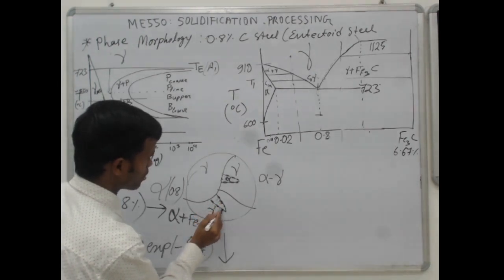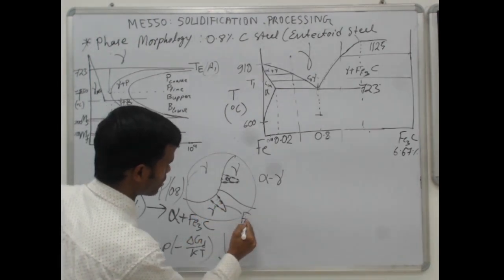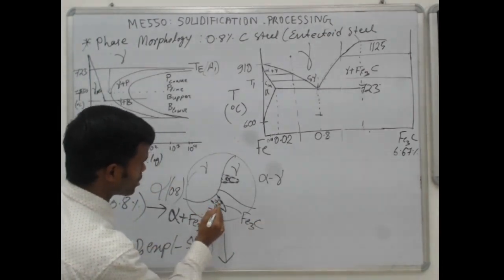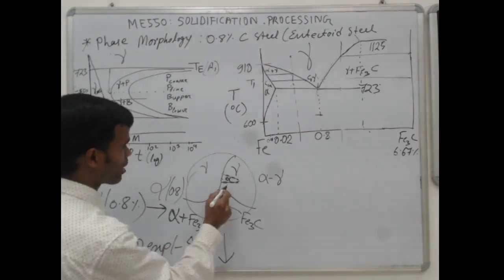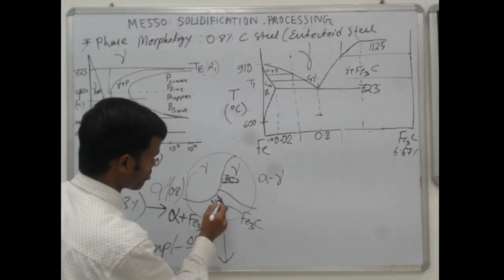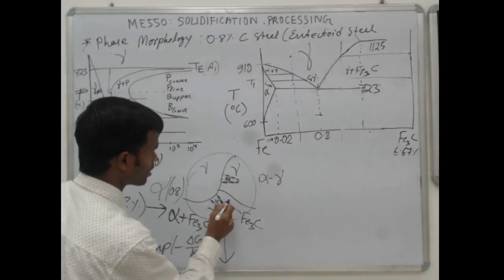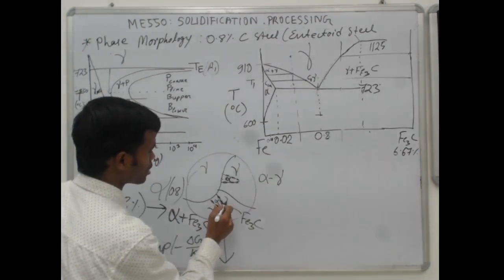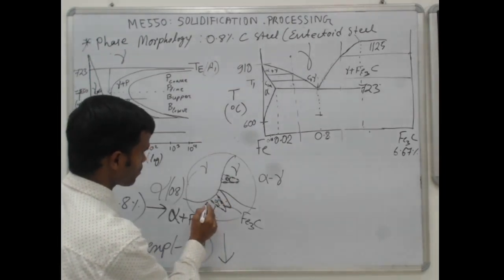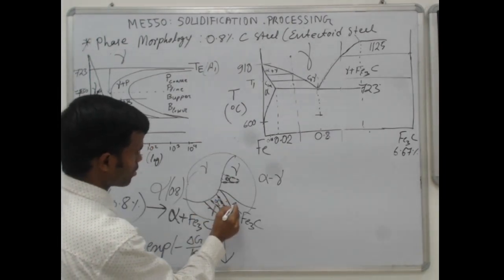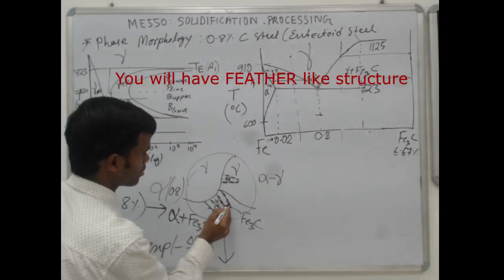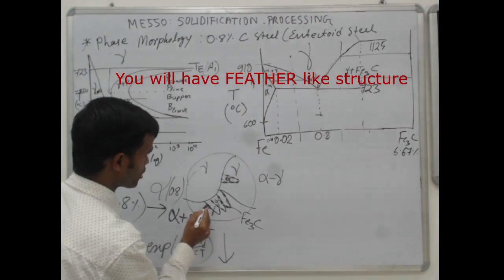So these are cementite, Fe3C, and you end up getting alpha inside, ferrite. So ferrite nucleates first and then cementite gets precipitated between the alpha and austenite boundaries until all the austenite gamma becomes alpha. So you will have this feather-like structure